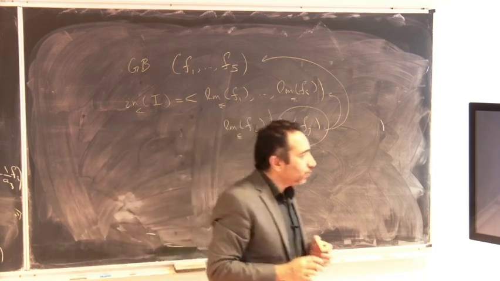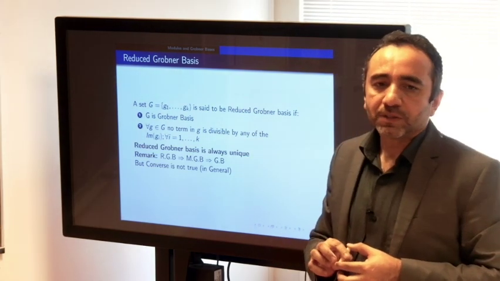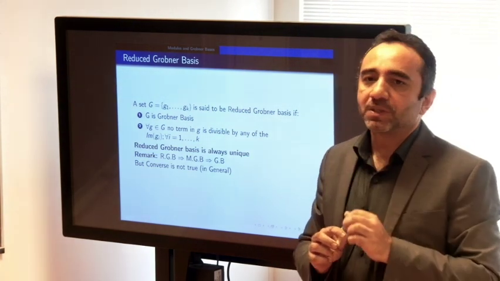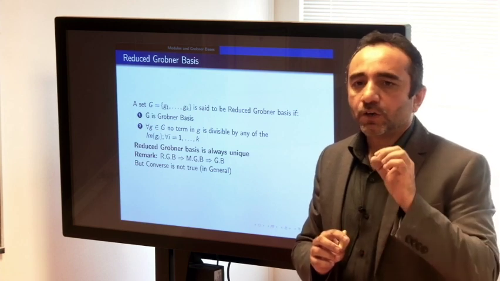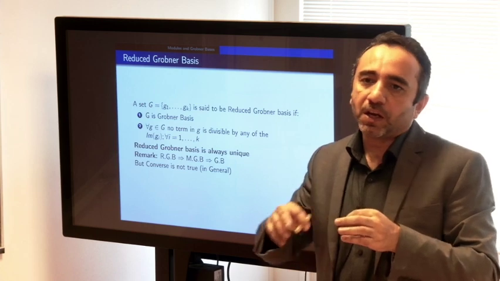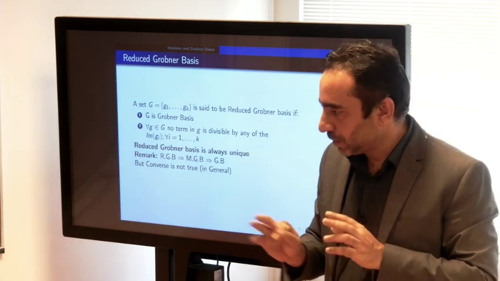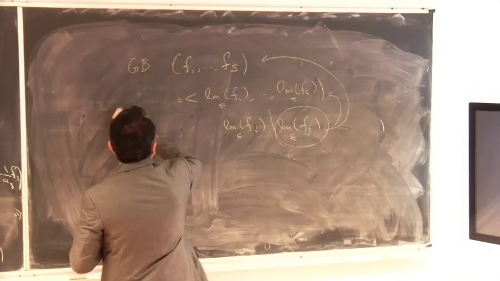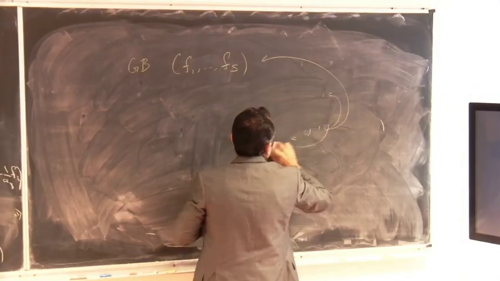And what is a reduced Gröbner basis? A reduced Gröbner basis is, first, a Gröbner basis; second, it is also a minimal Gröbner basis; and third, no term in any element of G is divisible by any of the other leading monomials of the Gi's. How? If you have this Gröbner basis G,